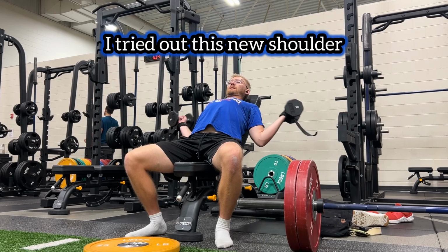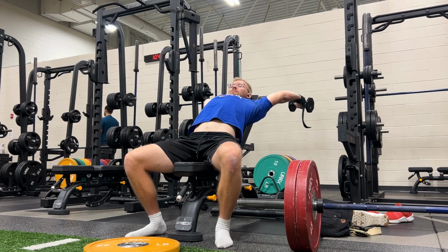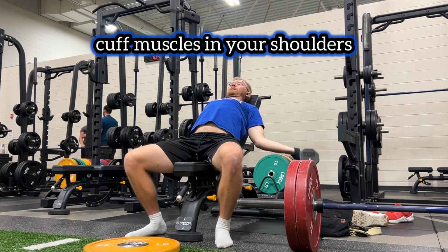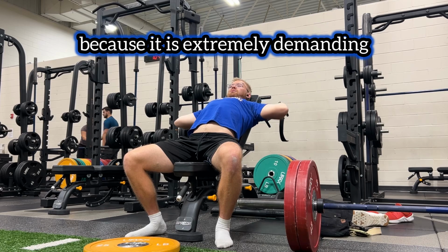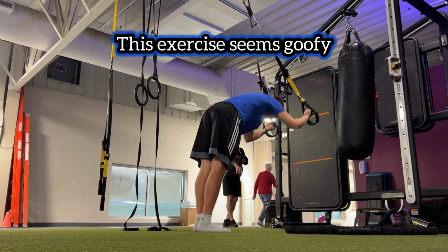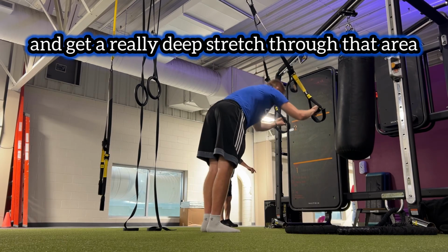In addition to that, I tried out this new shoulder and bicep exercise. This really challenges the small rotator cuff muscles in your shoulders and also the connective tissue strength in your biceps. Go really light with this because it is extremely demanding. Then, of course, flipping around to work your triceps. This exercise seems goofy, but I promise you it will burn your triceps and get a really deep stretch through